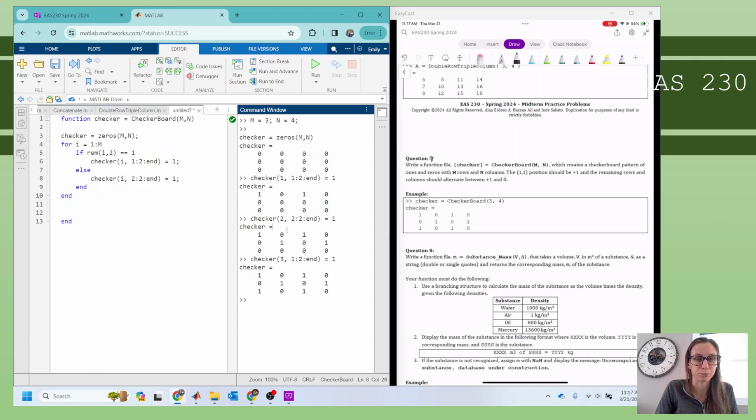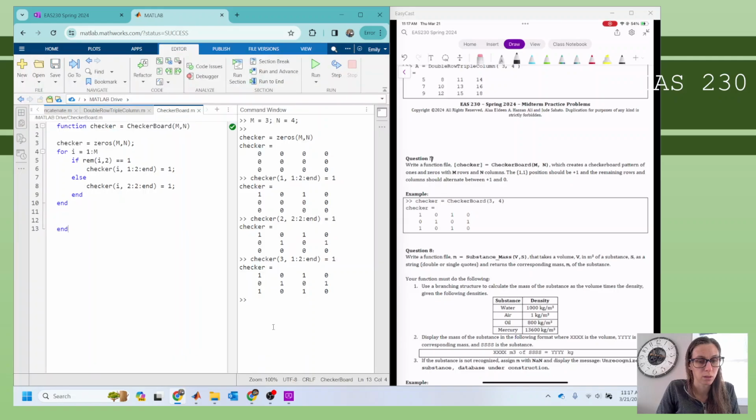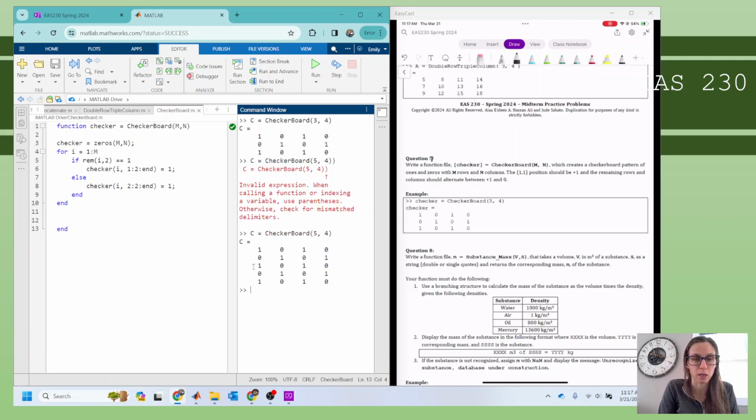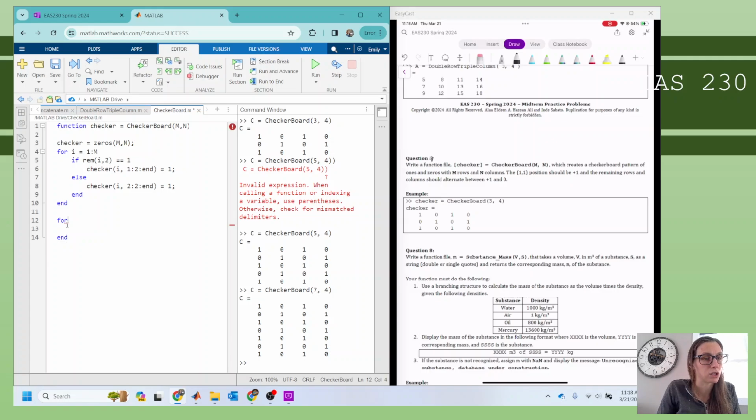Save it. Test it. C equals checkerboard. I can do 3, 4 and it matches that, but I want to choose something bigger. So 5, 4. Yeah, mistake. Okay, yep, I can see that. What if I have 7? Okay, it's matching. Another way to write it is to go ahead and, instead of doing a branching statement,